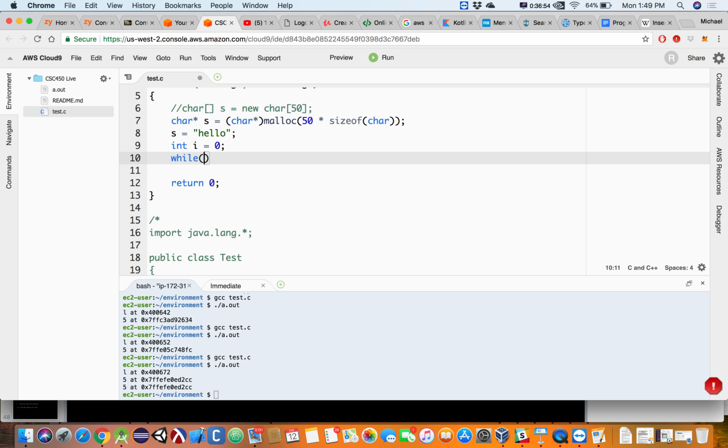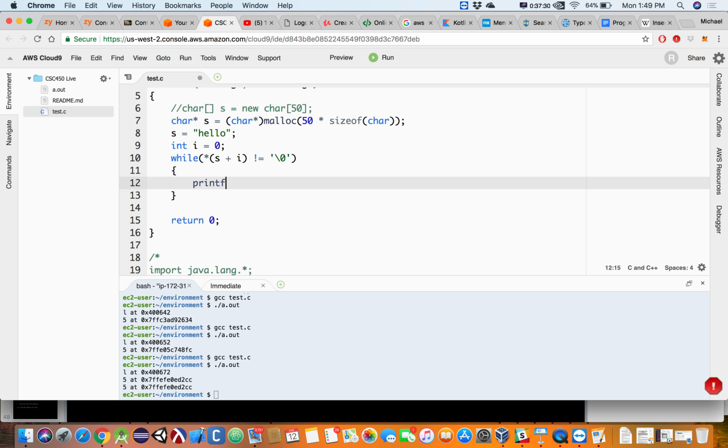While s plus i, the value at that position, is not equal to a 0, or the termination character, a \0. So while this value, that is the value that lives at this memory address plus this offset, while that is not equal to the escape character,